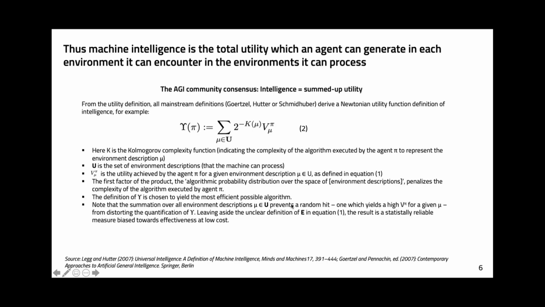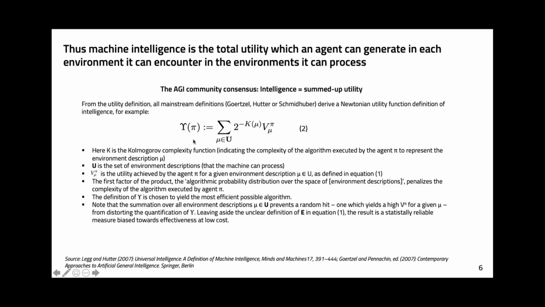Okay, so on the next slide, what do they do with this utility? Here you can see this utility term again, but now it is in a bigger equation which defines intelligence. And this uppercase epsilon, as a function of the agent, is defined as the sum of the utility multiplied with another factor. And what is this factor? This factor contains K, which is a Kolmogorov complexity function. We already heard about Kolmogorov.